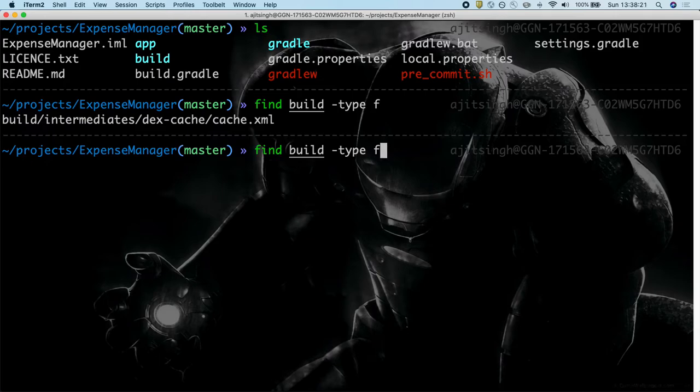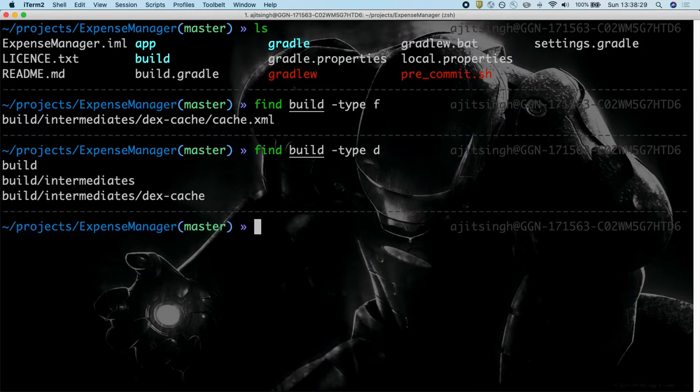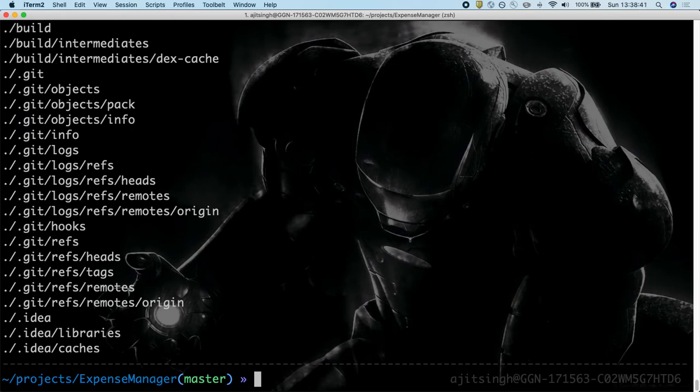But if you want only directories and no files, then we can use the d parameter, and it will list us all the directories that are present inside the build directory. And the same we can run in our current directory as well, and it will give us a lot more output, as you can see.